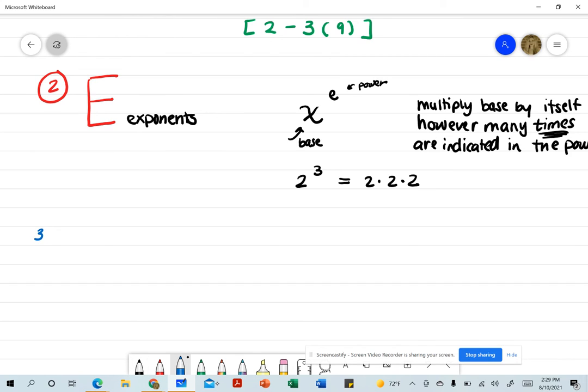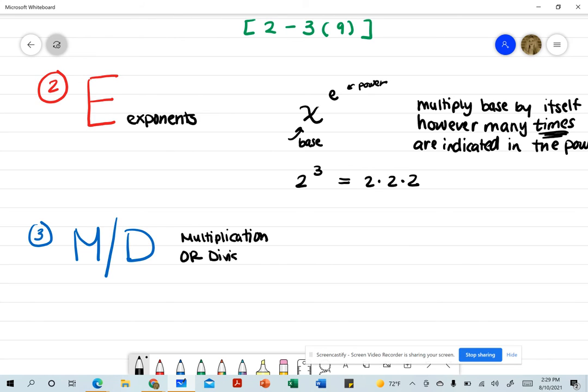Well, next is M/D. I'm putting them together because it stands for multiplication or division. Now, why is this important? Because they are inverse operations. We can operate on them at the same time. Okay, but which one do we do first? Well, we do whichever operation comes first,